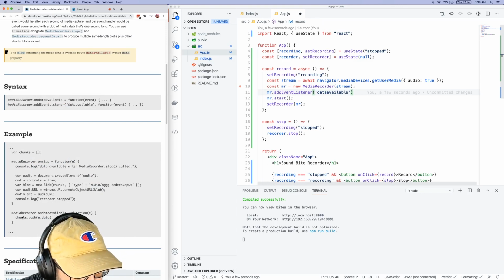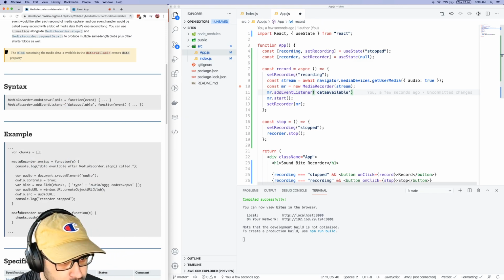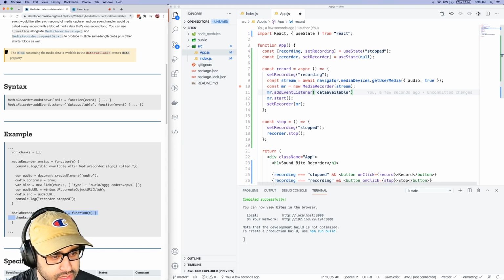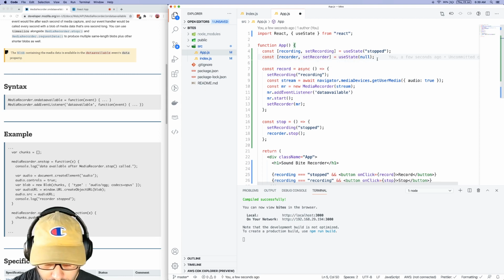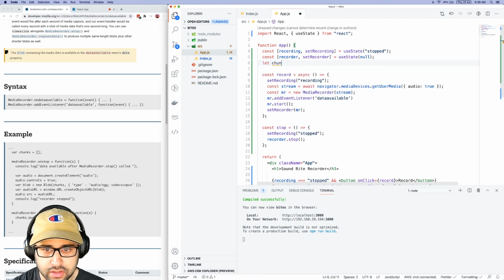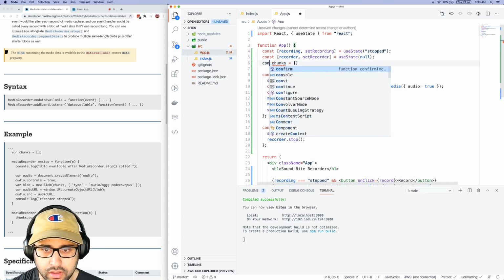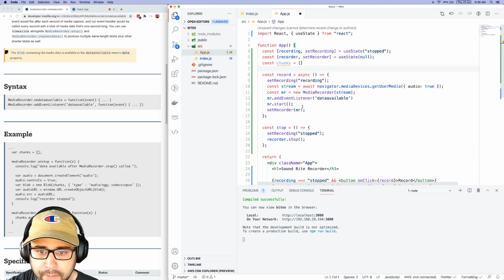So on data available, it basically is getting an event with data on it, and we are just pushing chunks in an array. So what we want is an array. So we'll say chunks. It actually can be a const as well. So we have a chunks array,